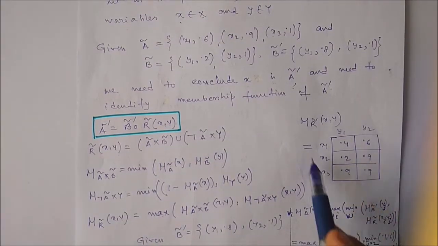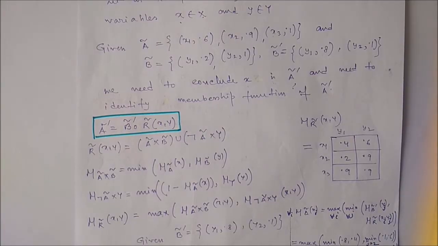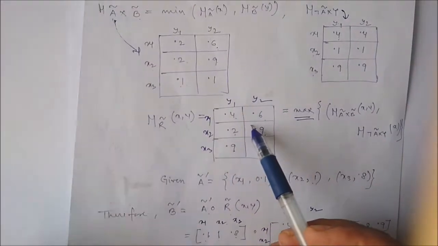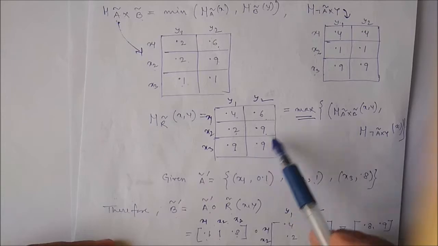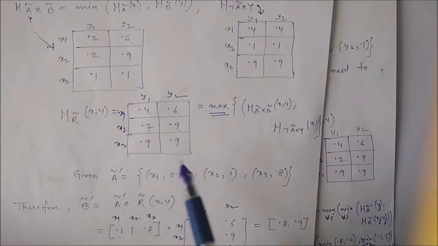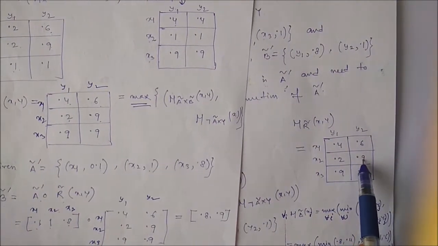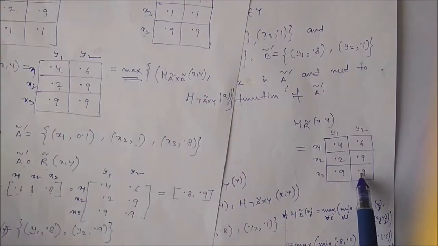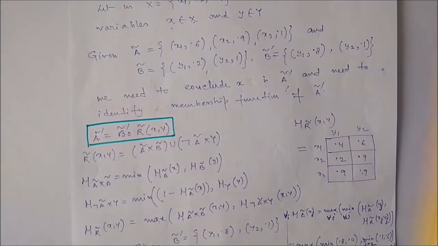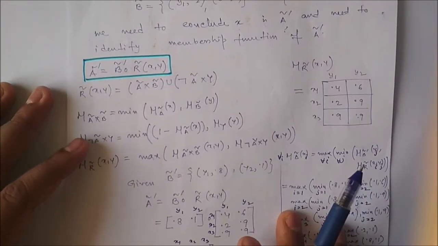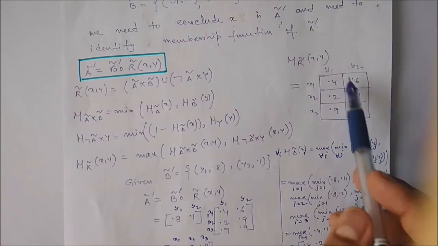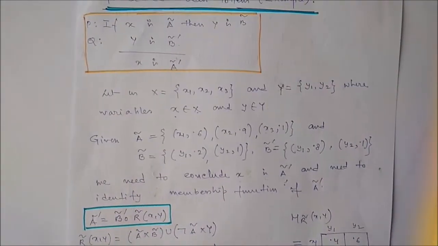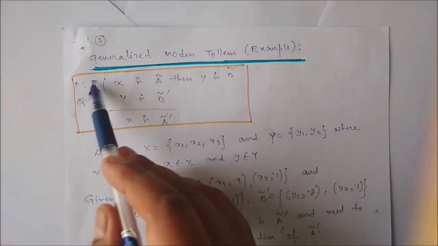We have already calculated all this information in the last example, where we discussed in detail how to get all these values: 0.4, 0.6, 0.2, 0.9, 0.4, 0.6, 0.2, 0.9, 0.9, 0.9, 0.9, 0.9. So here I don't want to explain the whole thing once again. We already have R, that means the implication relation for this particular problem.